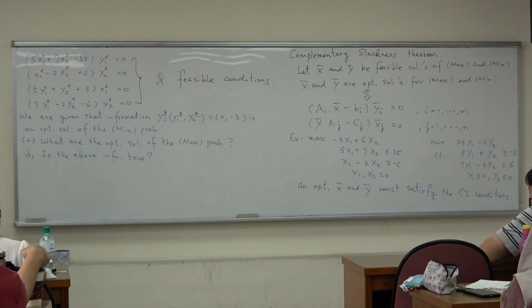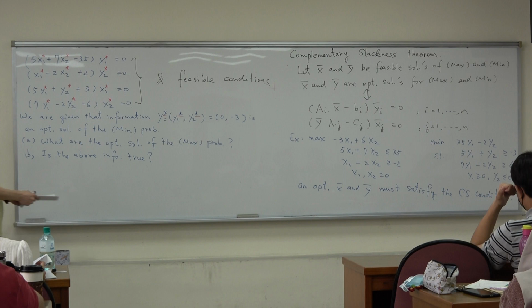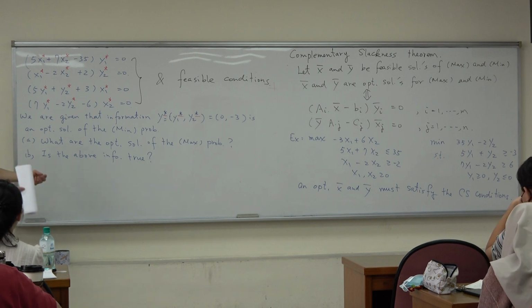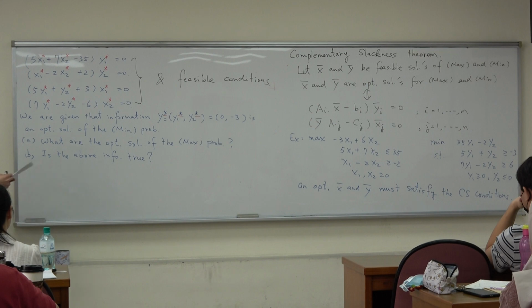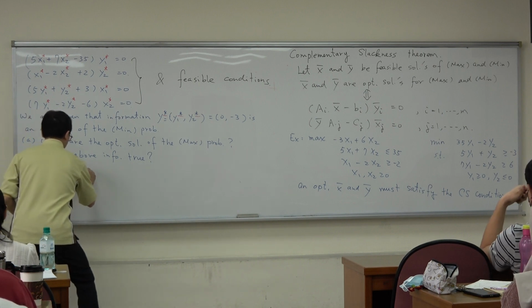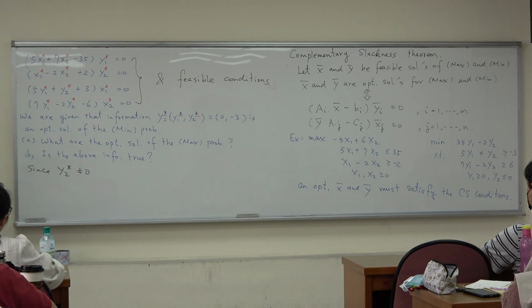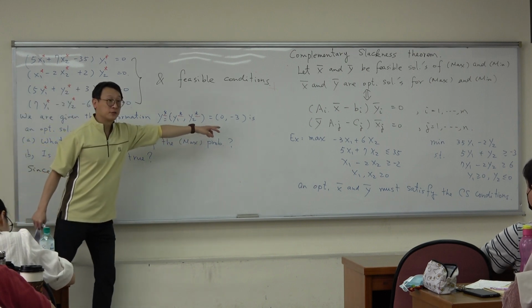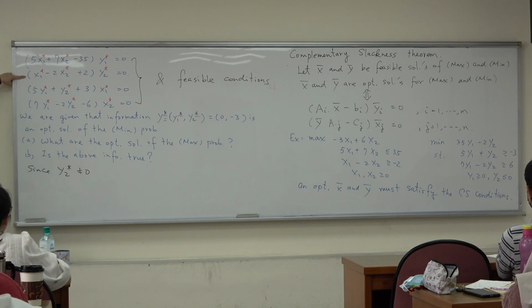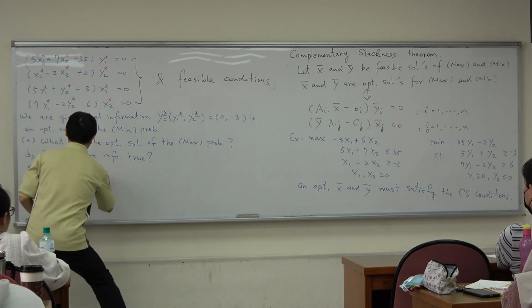Following this discussion, we start from this information. I already gave you y1, y2. So I will utilize y1, y2 to find the values of x1 and x2. Since y2 star is not equal to 0, here y2 star is minus 3, so I already know it's not equal to 0. So what information do I have? If y2 star is not equal to 0, then the x1